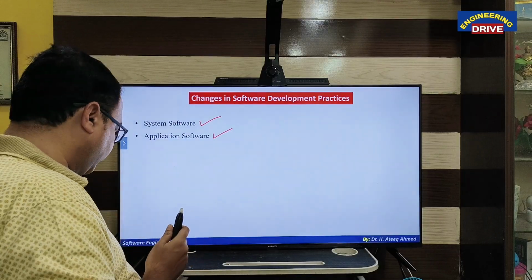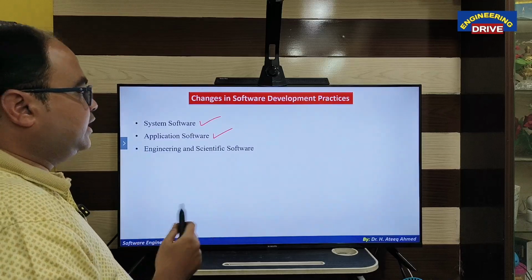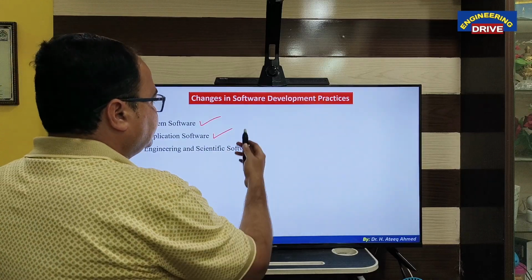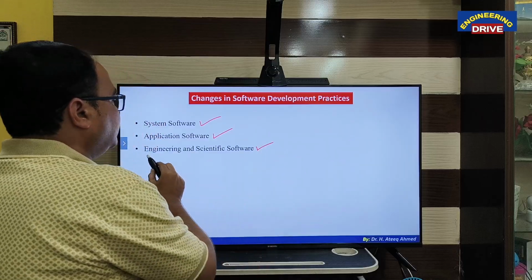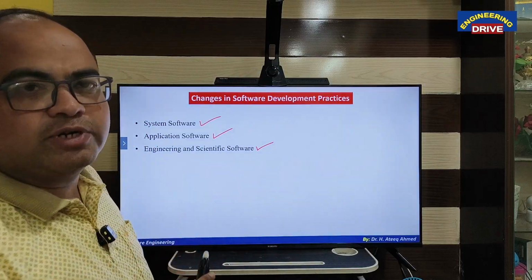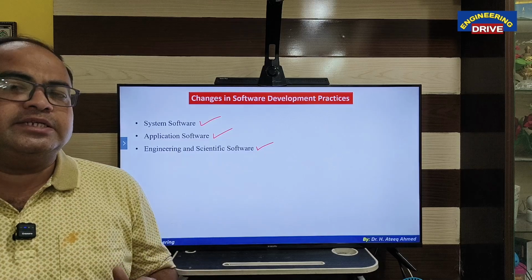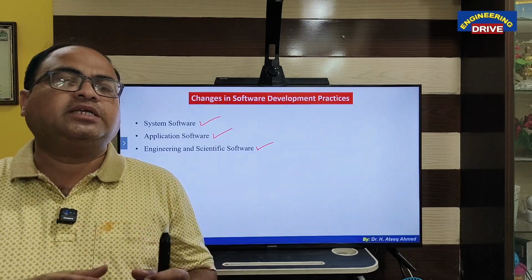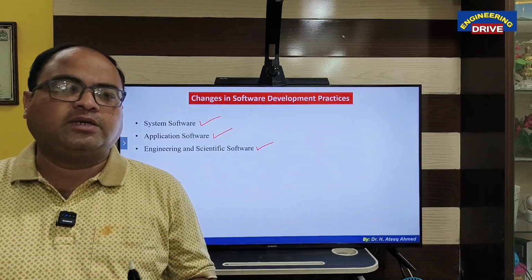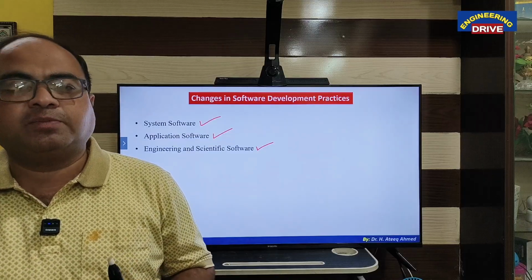Then the next change that has happened in the software industry is that engineering and scientific software came into existence. What is engineering and scientific software? These are the major software mainly used in commercial places.